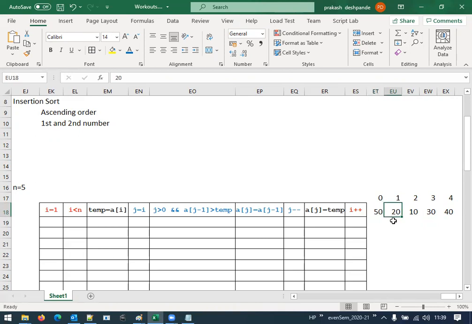I will explain it once again. We start from the second number. If the second number is smaller than the first number, then swap, otherwise retain as it is. And once we swapped, then we further move to the next one. Then again we try to compare with the next number. So in general, the first and the second number, or the left hand and the right hand side numbers, we try to compare. And if the right hand side number is smaller, then we will put it on the left side.